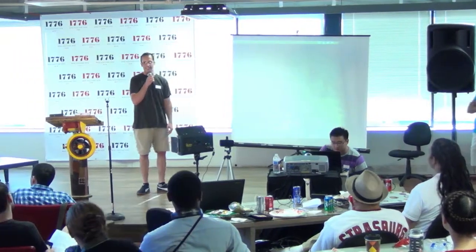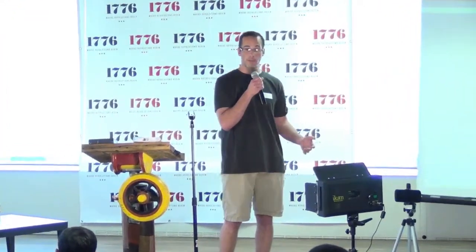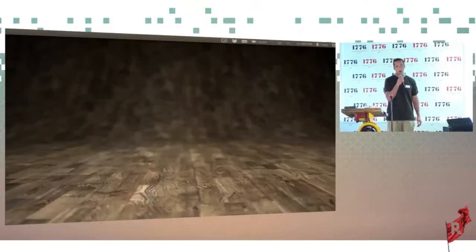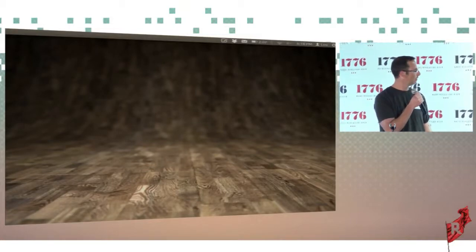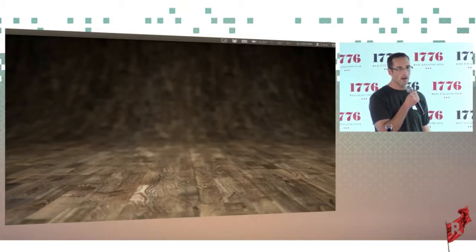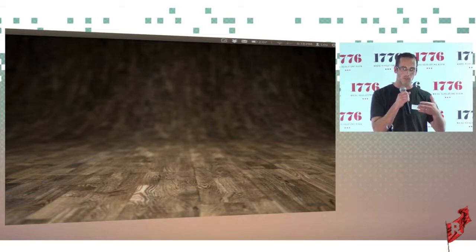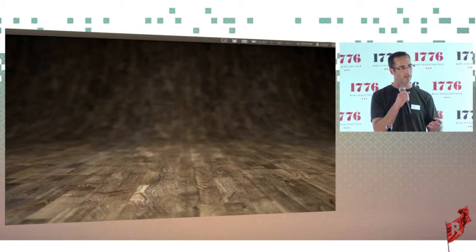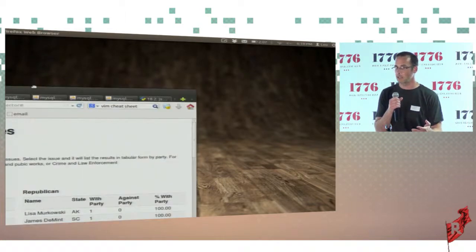We were looking at the Congress API, and kind of excited by the possibilities there. And we looked at Open Congress, and they had some interesting data there. You would bring up a congressman or a senator, and they would show you what percentage of the time they voted with the party line and what percentage of the time they voted against the party line. And we thought that was kind of cool, and